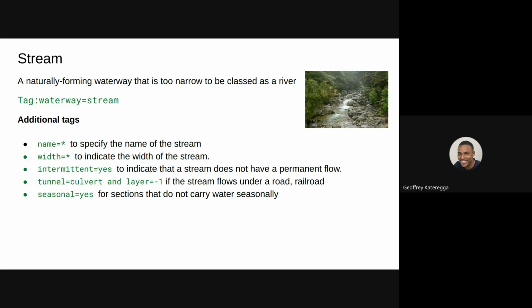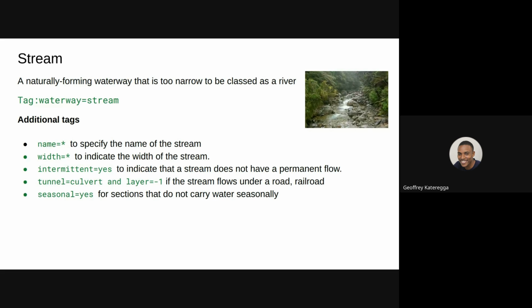It might be a long river where some sections are permanent but some sections are seasonal, so you can indicate the intermittent tag on those sections. If it has a permanent flow, you don't use the intermittent tag, but for seasonal sections we can tag them with seasonal=yes.